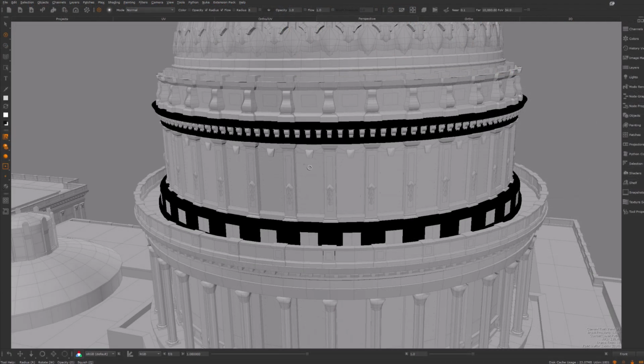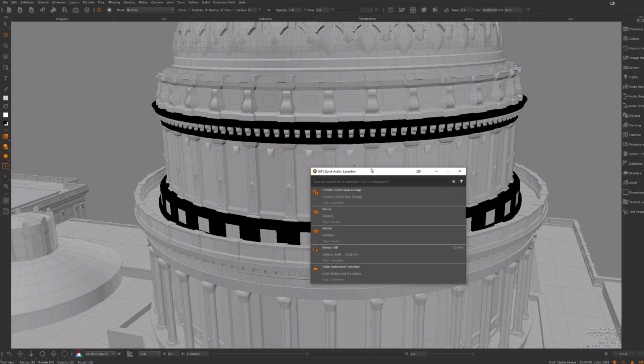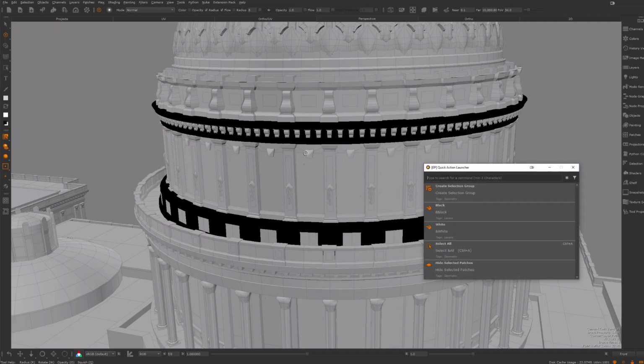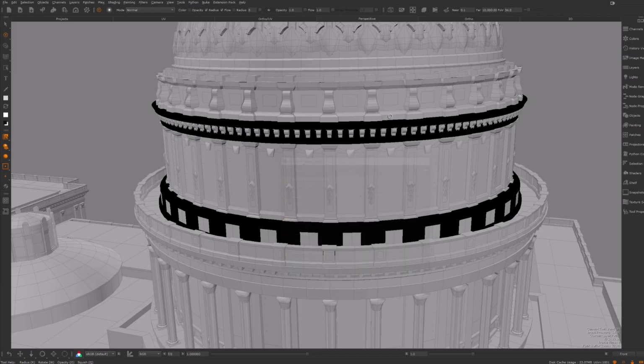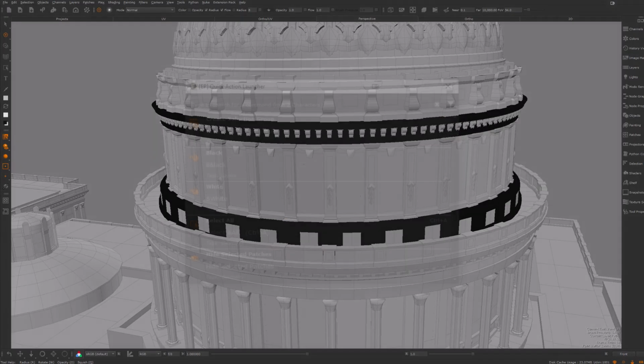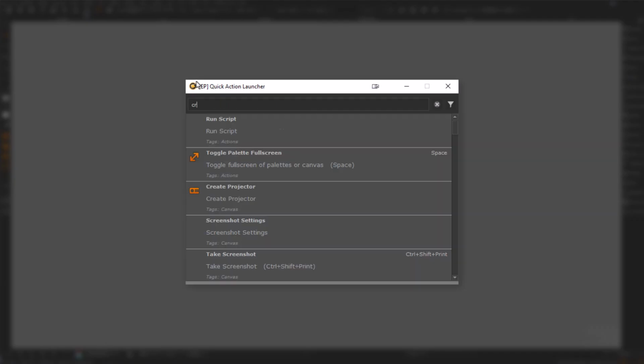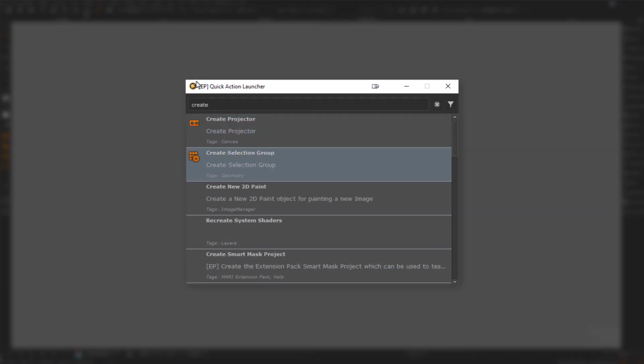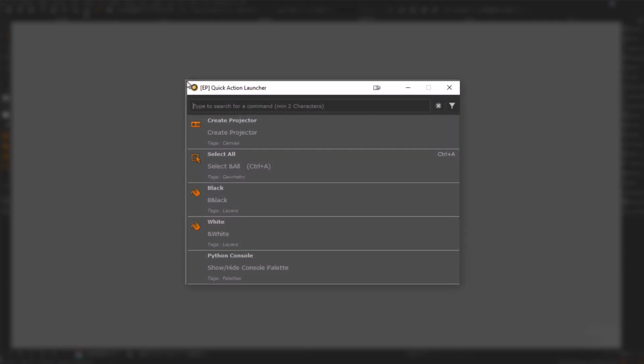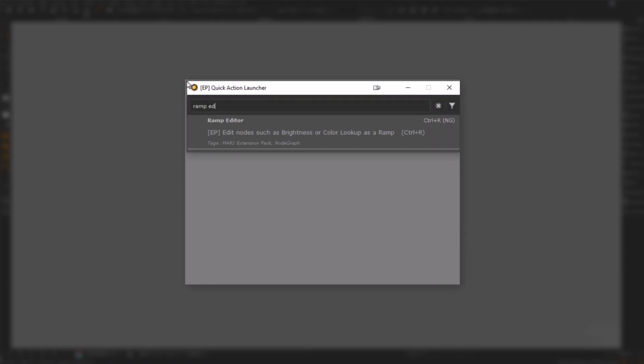The first time you open the launcher, it may take half a second to collect all Mari actions, but after that it will open instantly, as it remains in memory for the duration of your Mari session. In the pop-up dialog, you can simply search for a Mari action to execute. Select it, for example, with the up and down arrows and execute it via the return key or by double-clicking on it. If only one search result is visible, it is pre-selected and you can just press return to launch